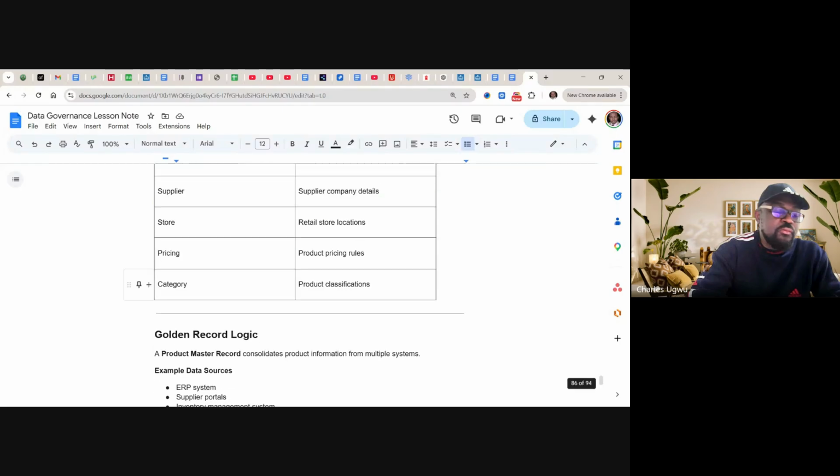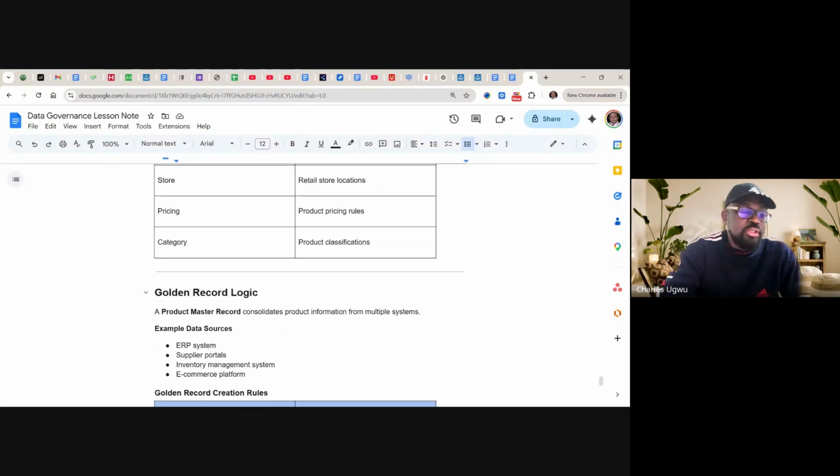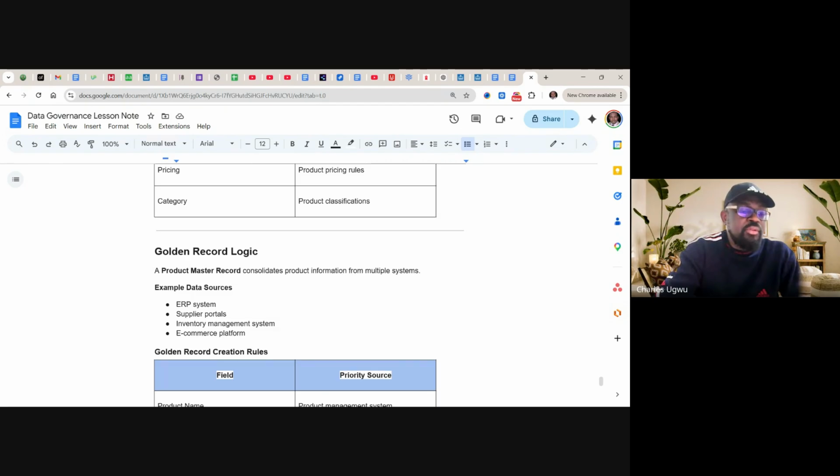Pricing, product pricing rule, category, product classification. Golden logic, example, data source: ERP system, supplier portal, inventory management system, and e-commerce. So these are 4 areas where data can come from. Data can come from the ERP system, the supplier portal, the inventory system, and the e-commerce